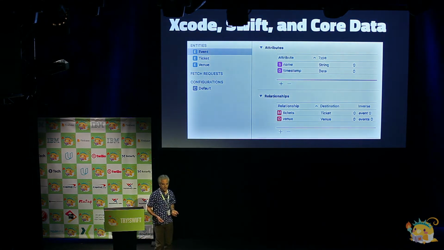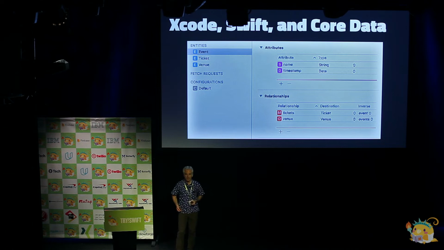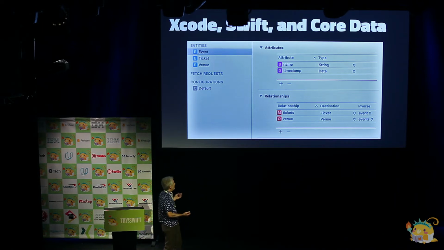So normally you would create a core data model with Xcode's model editor, which is a convenience, by the way. You can do all this in code, but most people use the model editor because it's a really nice way to set it up. And so for demonstration purposes, I've got this simple entity event, which has a few properties